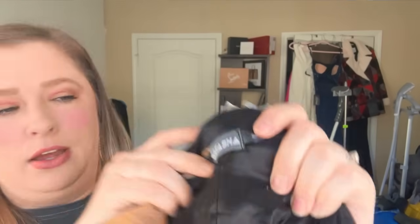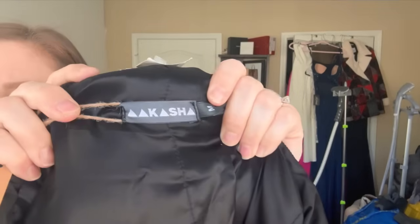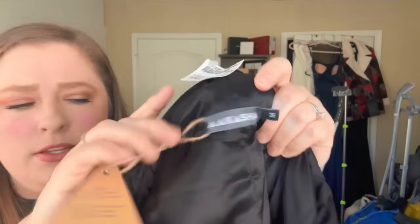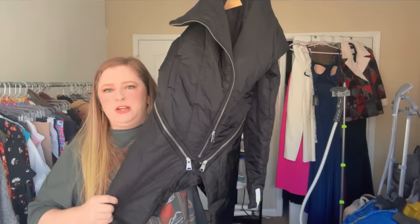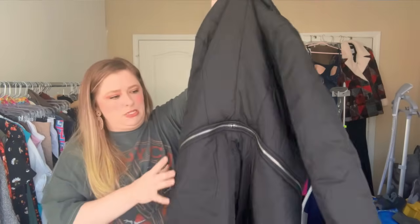I don't know how to even say this. Akasha, maybe, if those are supposed to be A's. This is a size medium, and this is a puffer jacket. So I did do a specific comp research on puffer jackets from this brand